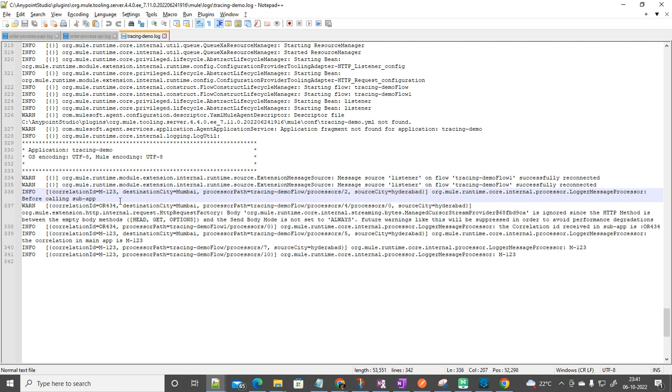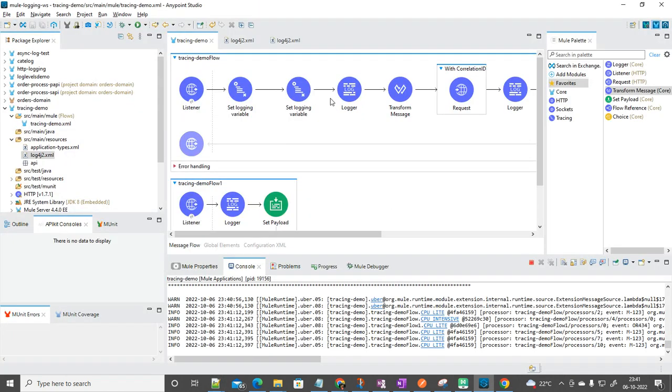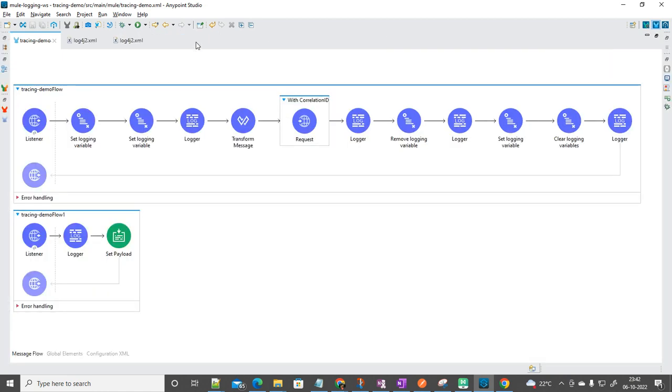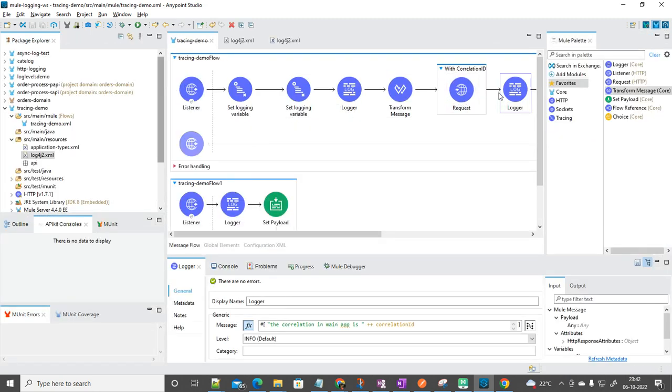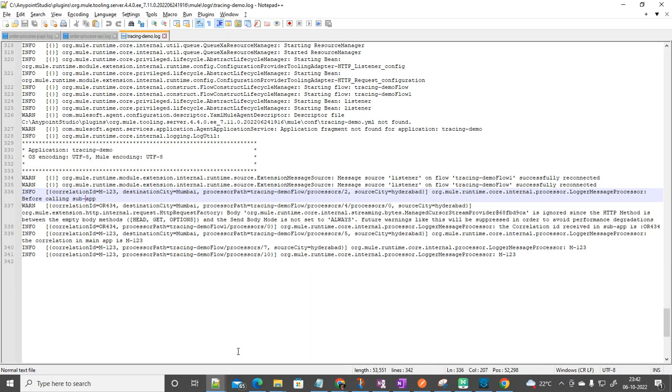Okay. Now see, after that, I created two variables, and by logger I can see these two variables. And next, there is one logger over here. What is this logger? Let me open this logger. After the request, there is a logger, the correlation ID in the main app. Let me see what is printed. The correlation ID in the main app is M123. I can see the variables,